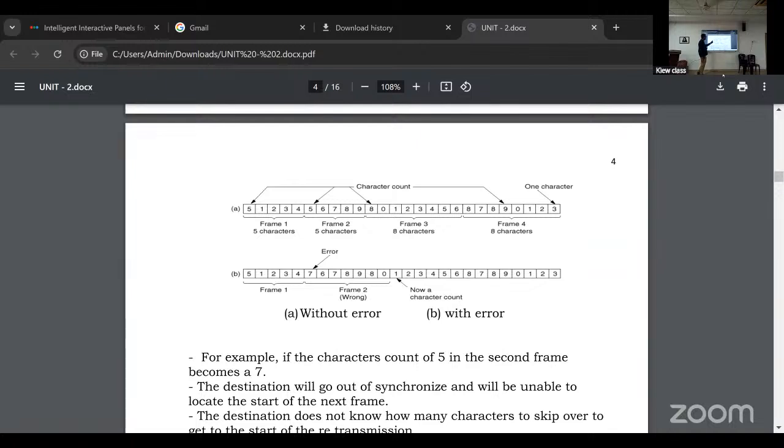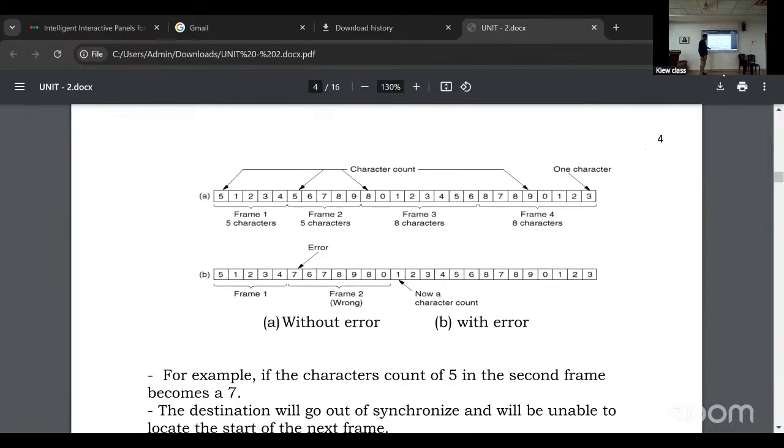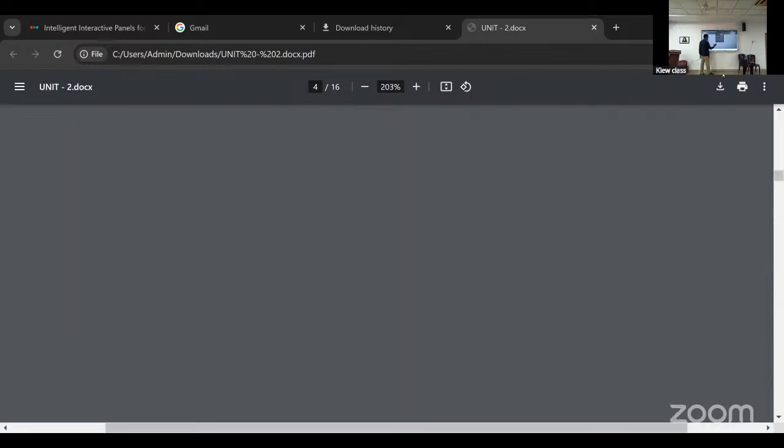In character count, if the count is 5, that is what it should indicate. So here the next is frame 1, frame 2, frame 3. If you indicate, for example, 1, 2, 3, 4, and then you indicate 7, why is it an error?